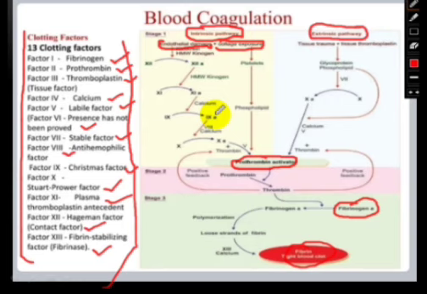The collagen. Injury to a tissue damages the endothelium and exposes the collagen. When this happens,